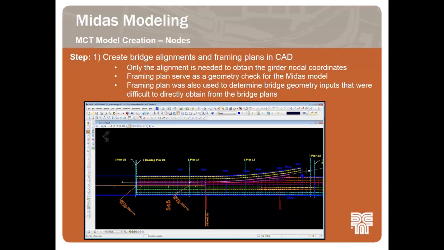One thing to know is you only really need the alignment files created into CAD. With the complicated geometry of these bridges, it's very hard to try to determine the nodal coordinates without using a CAD software. One thing that complicates this is most of the times the alignment will be on a curve,